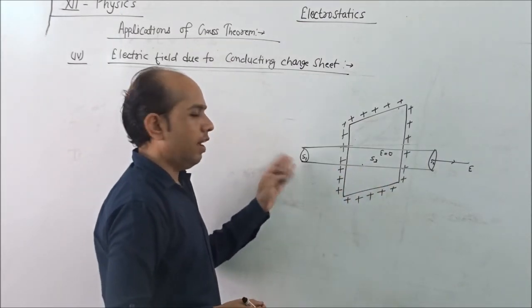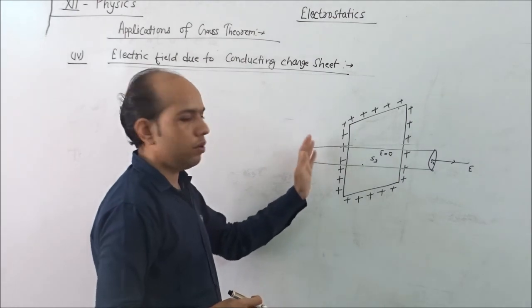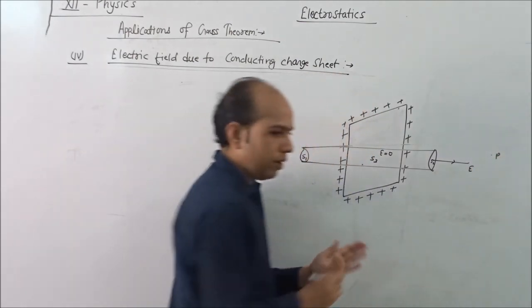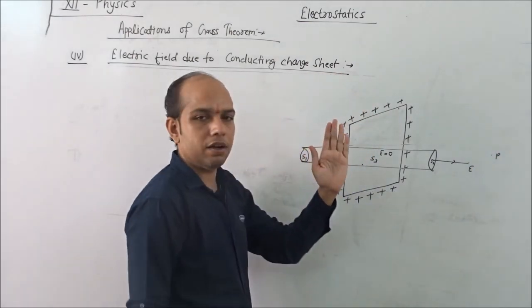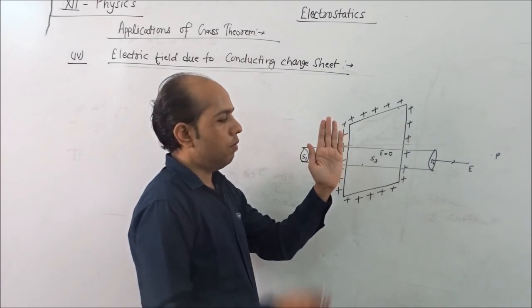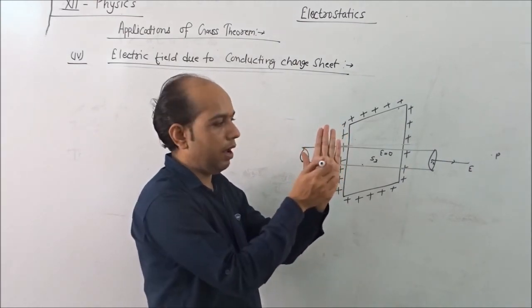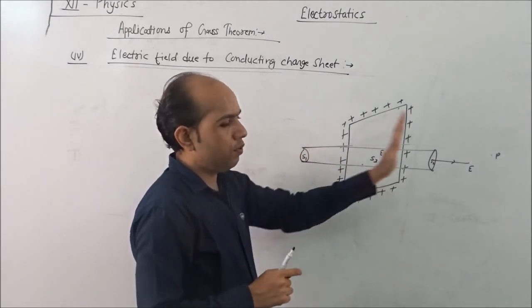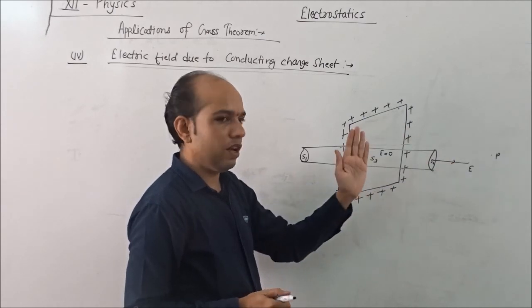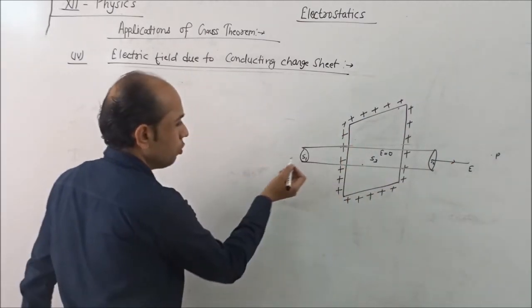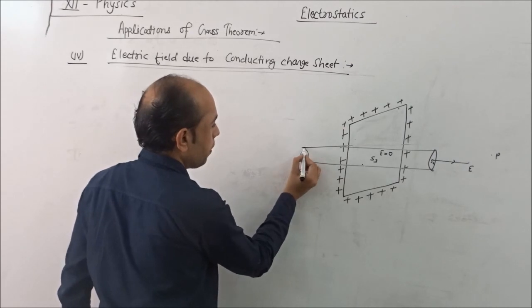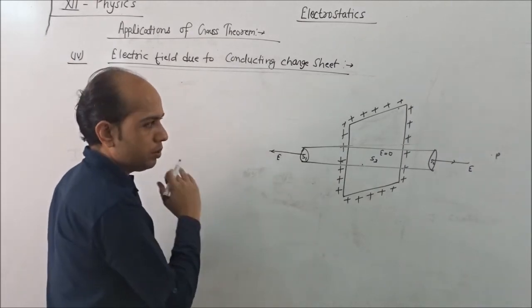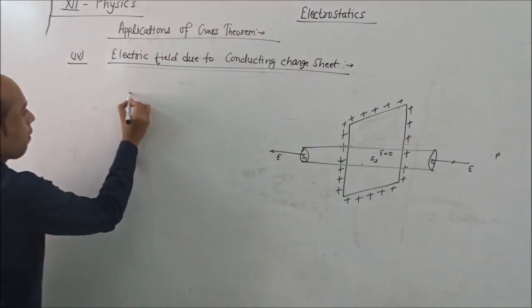And for S1, since we are talking about one side, we have to calculate the electric field. This is point P, like this way. If this is treated as a conducting charge sheet, then when we calculate the electric field, either we have to take the point in front or in back. So here we focus only on the above part where we calculate the electric field. So for S1, the direction of electric field is on the same side as the plus charge. Now from Gauss theorem,